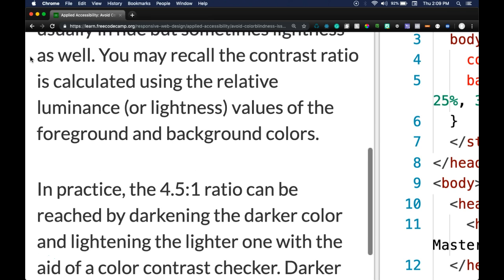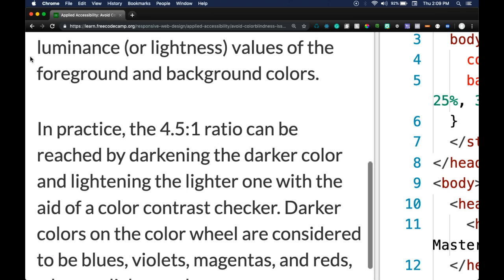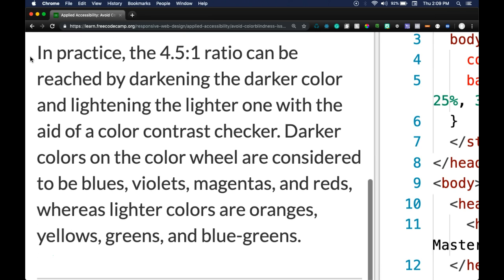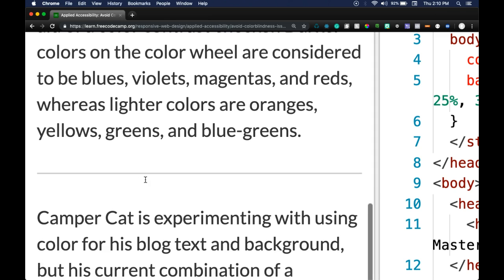You may recall that contrast ratio is calculated using the relative luminance or lightness values of the foreground and background colors. In practice, the 4.5 to 1 ratio can be reached by darkening the darker color and lightening the lighter one with the aid of a color contrast checker. Darker colors on the color wheel are considered to be blues, violets, magentas, and reds, whereas lighter colors are oranges,